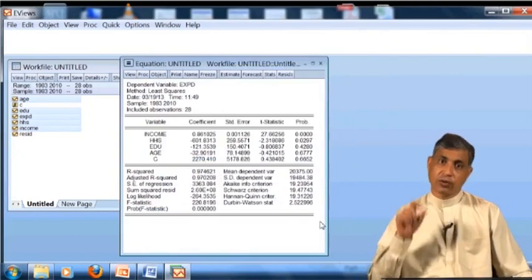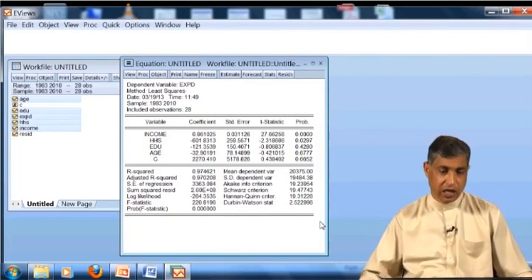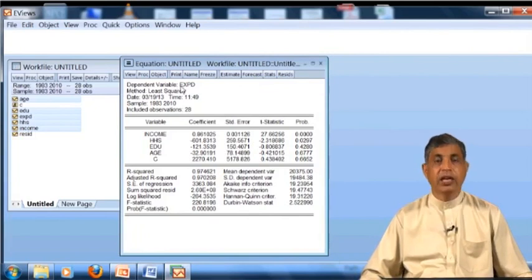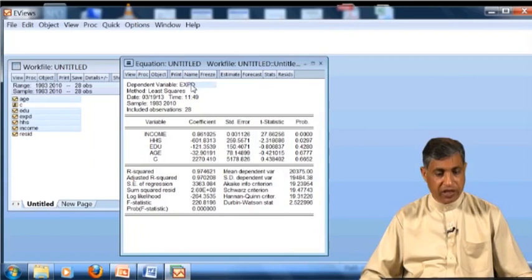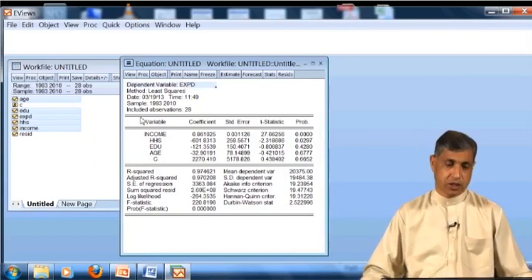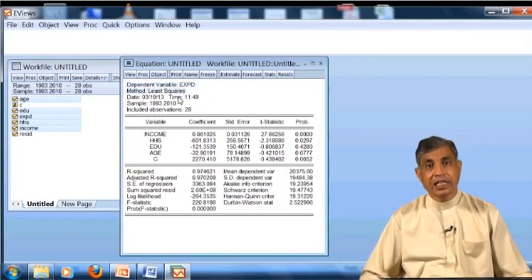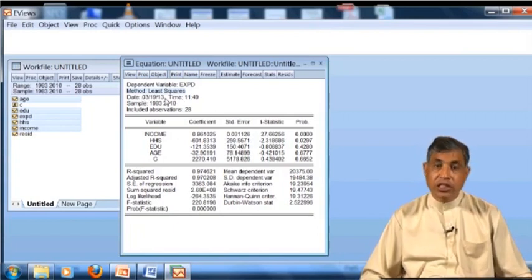As I used to say, with only one click you can see the regression. Look at this. What is it showing? It is showing that this is the dependent variable. And what is your dependent variable? Your dependent variable is EXPD, that is your consumption or the expenditure. Method, this is showing that you have used the least square method. It is showing the date also. No need to write a date.